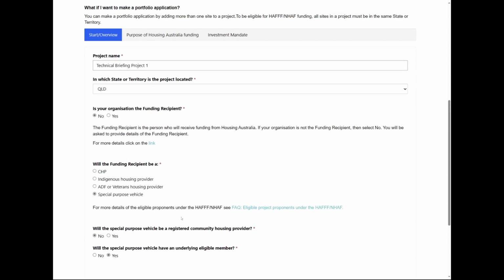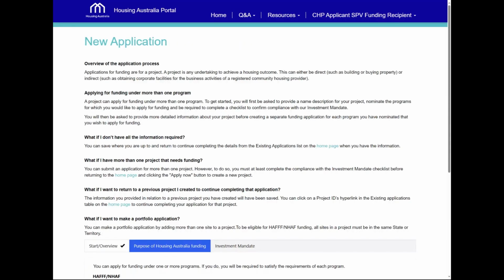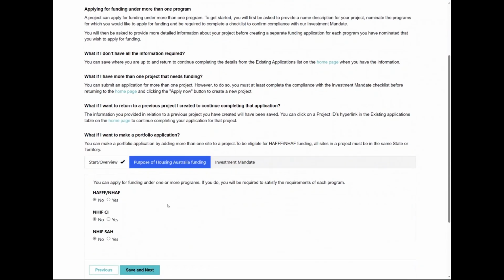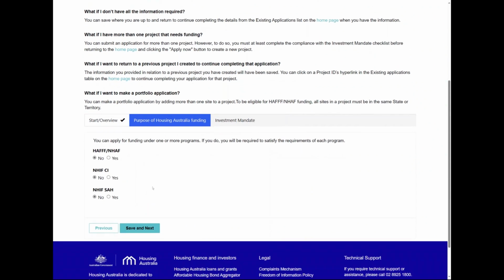And move on to the Purpose of Housing Australia Funding tab. On this tab is where I select the funding products that I'd like to apply for. Because I'm a CHP and I've selected the special purpose vehicle as the funding recipient, the programs that the special purpose vehicle can receive funding from Housing Australia under are the HAFFF and AHBA program,